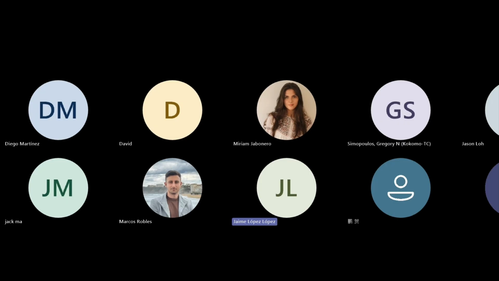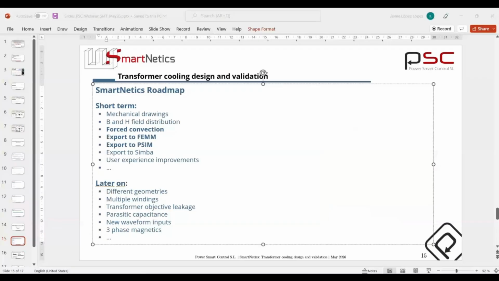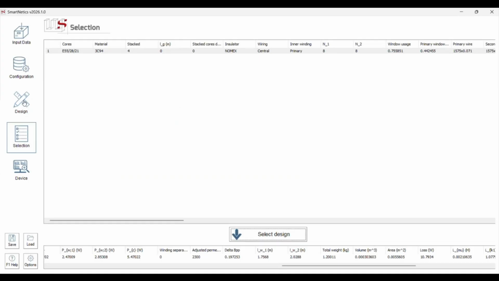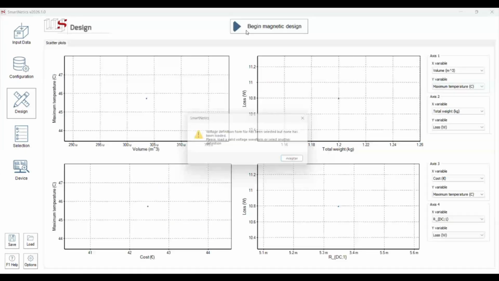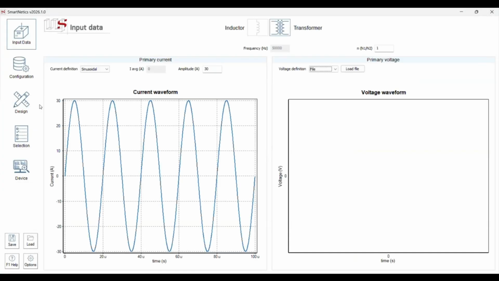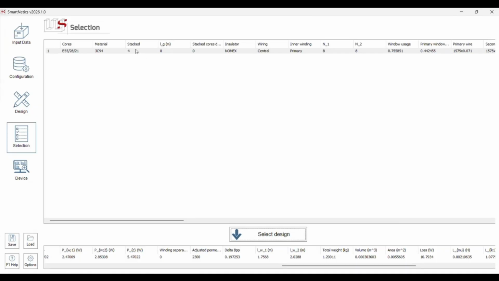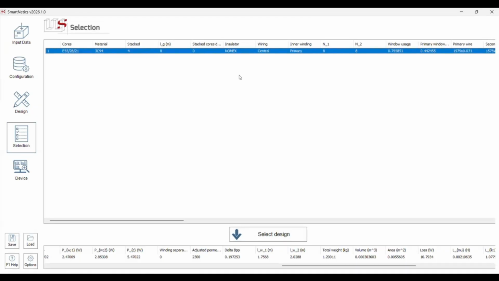I assume we are talking about, I will share my screen again, exporting this table in here, even if there are hundreds of designs. We're working on that. We will provide an option to export, as I was saying, to an Excel file or to a CSV file or something like that.